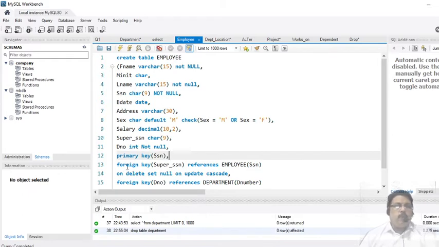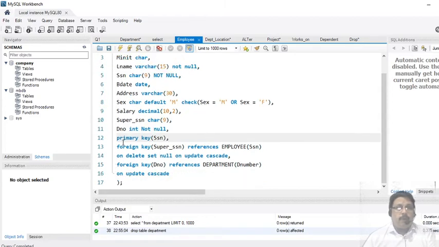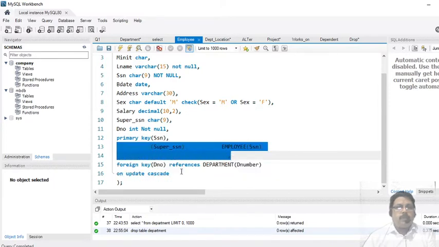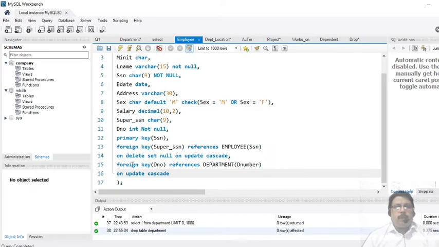And now we can go for foreign key. So first understand what the rules for foreign key are. What I will do is I will not go with this one, I will go with this one first. Later we will come to this. First we will understand what a foreign key is. So we are specifying a foreign key for DNO.